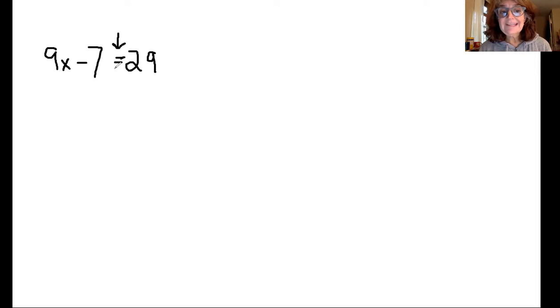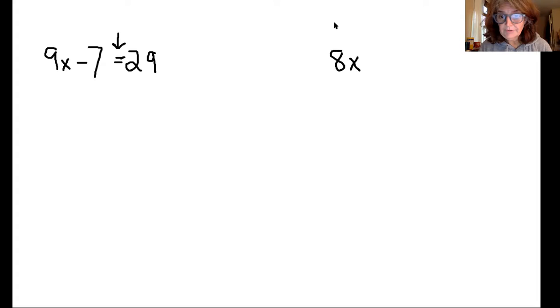9x minus 7 equals 29. Or you could say 9x minus 7 is equal to 29. But an inequality is different. An inequality means that they're not equal. One is greater than and one is less than. So let's put one of those on the board, okay? So let's do 8x plus,